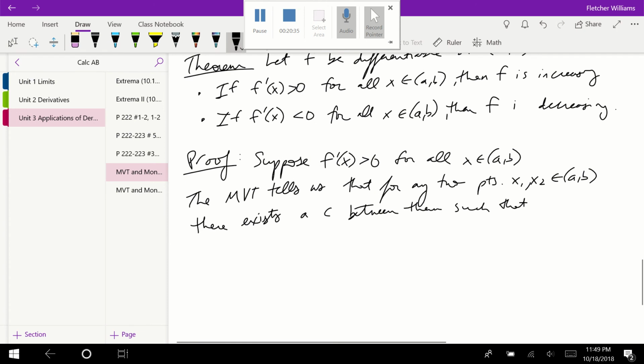We just said the mean value theorem tells us that for any two points, x1 and x2, there's a C value such that